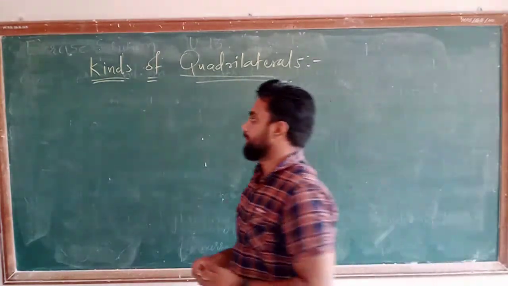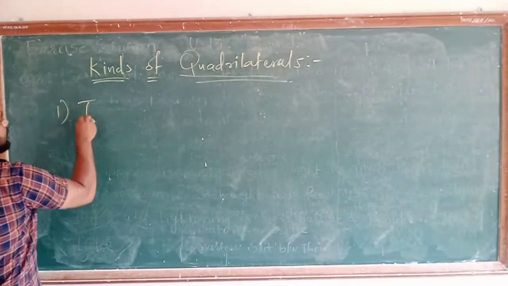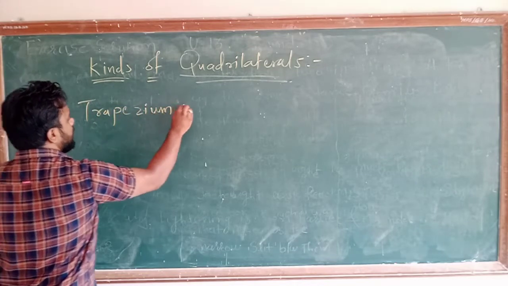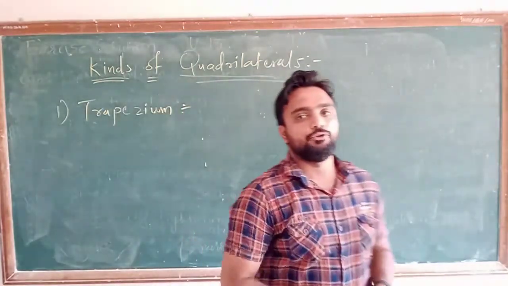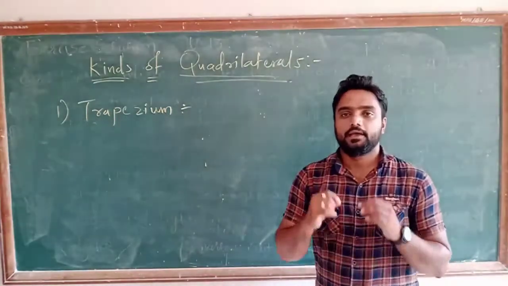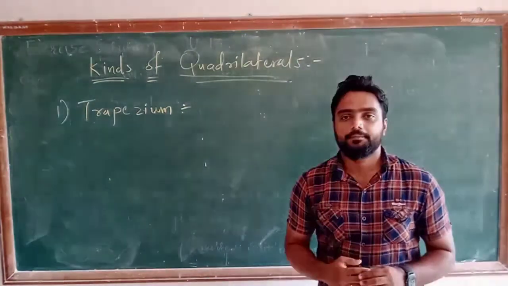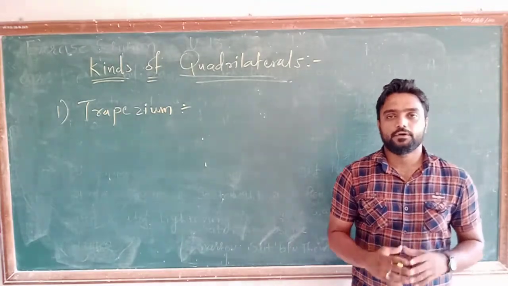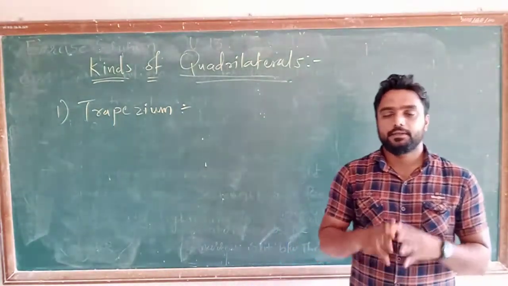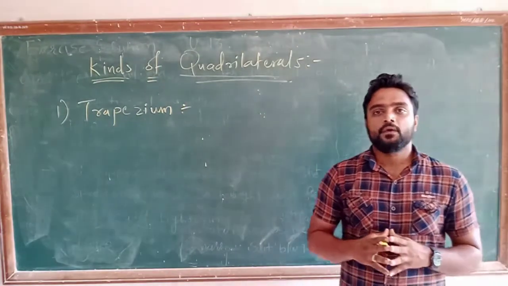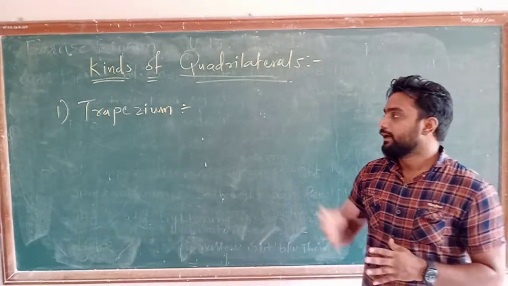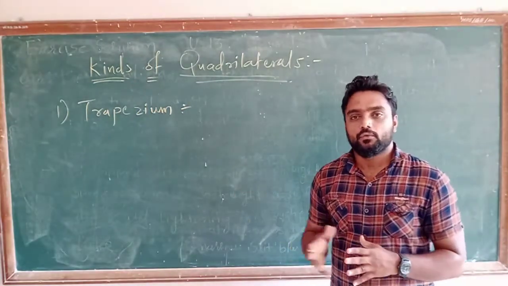is the trapezium. First one is the trapezium. Okay, so what do you mean by the trapezium? A trapezium is a quadrilateral having one pair of opposite sides parallel. Understand or not? First I draw a trapezium, and from that I will tell you which pair of opposite sides. I will also clear up some things related to quadrilaterals.